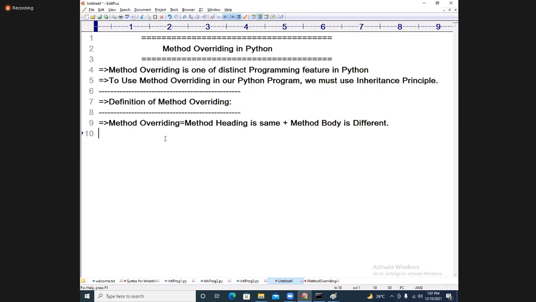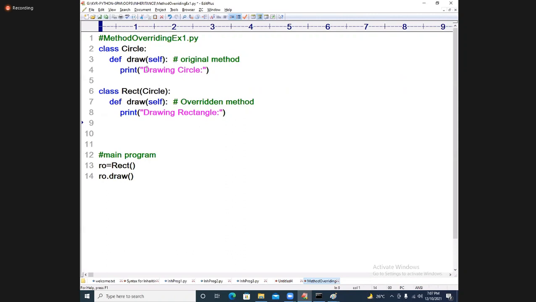Method overriding is equal to method heading is same plus method body is different. Is it okay? Is it understandable? Method heading is same, method body is different.